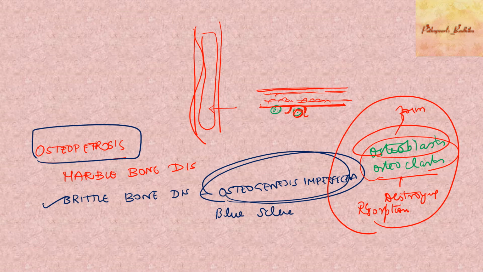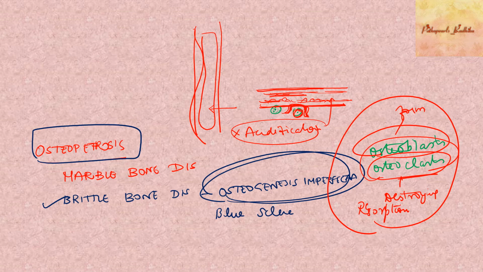Then your hematopoietic elements will be there and they start producing your hematopoietic cells. But what happens if you don't have this osteoclast functioning properly, or if you don't have acidification happening properly? Acidification of the pit doesn't happen. Your bone will not be resorbed. So only because of this acidification, what happens? The calcium hydroxyapatite in the bone is resorbed and you have your medullary cavity being formed. If you have any problem with this acidification, what happens? Your bone will be sclerotic, and that's the main pathogenesis in osteopetrosis. So there is a problem with the function of osteoclast, or you have basically some abnormality in osteoclast or acidification of the resorption pit.